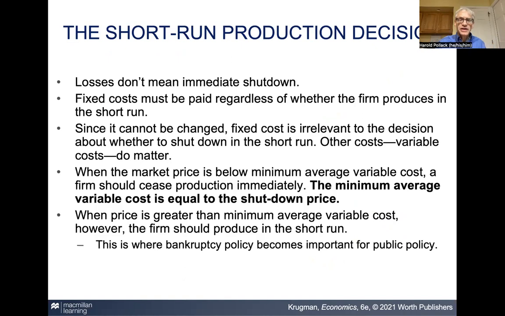It's like if I'm an airline, here's a practical example. I'm an airline and I bought all my planes. I own them. I paid all those fixed costs, and it cost me $700 per passenger to operate those planes in terms of my average total cost. But let's suppose the average variable cost is only $150. Most of the cost is, say, the cost of the plane, and I can sell my tickets for $300. I'm sort of screwed in the long run, but in the short run, everyone, including my creditors, benefits